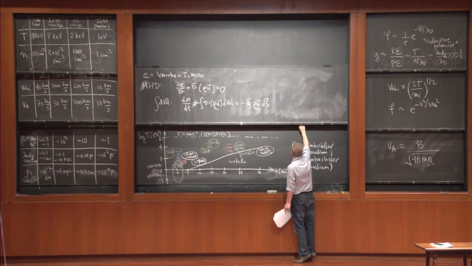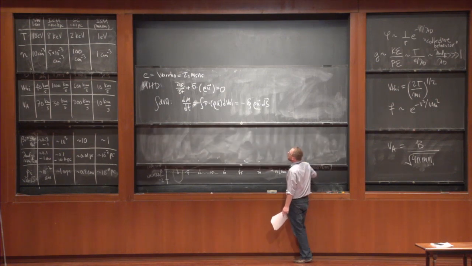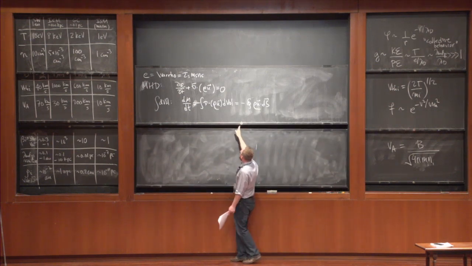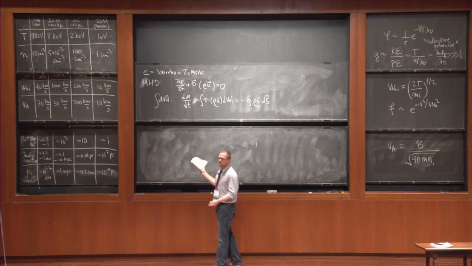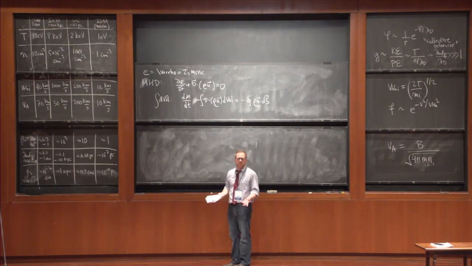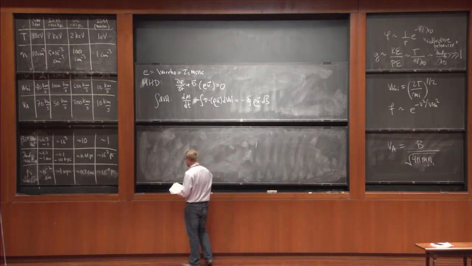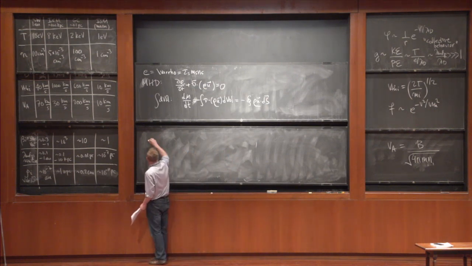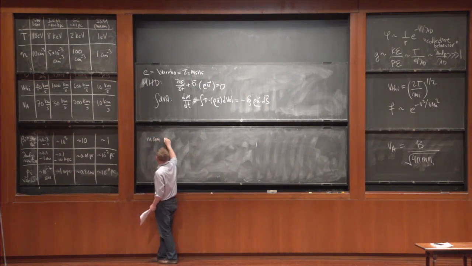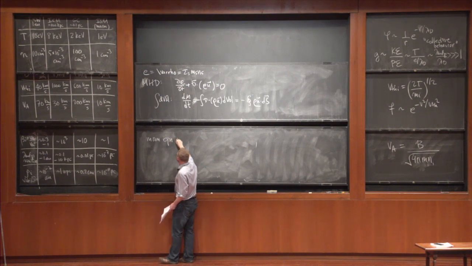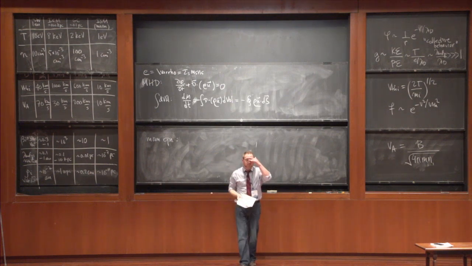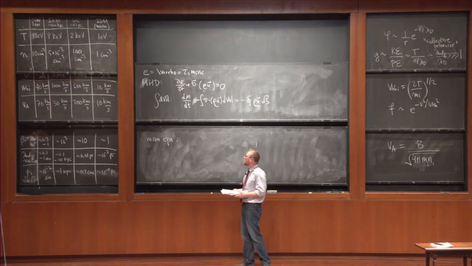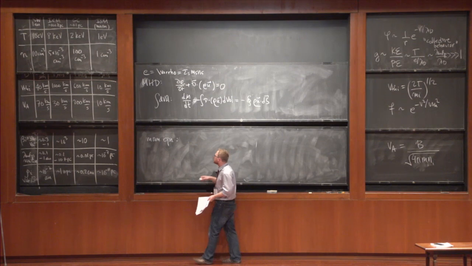Good, so that's continuity. If you go later in the notes, you can just derive this from the zeroth moment of the kinetic equation. So that's the continuity equation. Then we have a momentum equation, sometimes called a force equation, depending on who's writing it. You can just motivate this from Newton's second law. I'm just going to write it down and we'll talk about it.